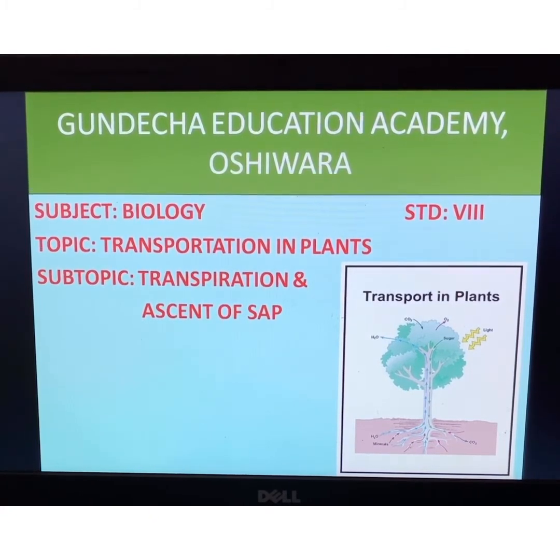So we are now almost at the end of this chapter. The major part will get over today. The last part, being the list of nutrients that the plants require, I will explain separately. So today we will be understanding